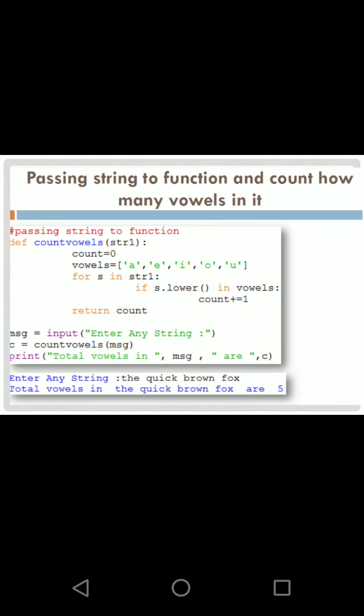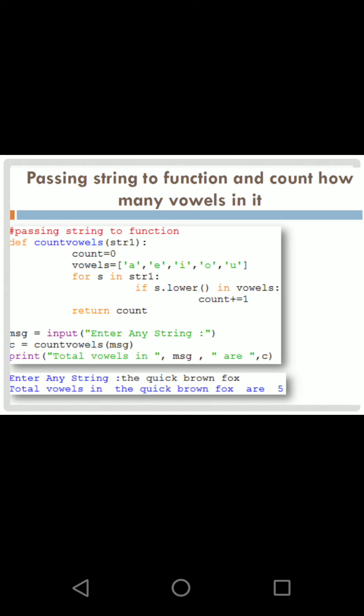it is actually counting the number of vowels. So for each value inside the string, it will check whether it is A, E, I, O or U. If it is any one of them, the count will be increased and the count will be returned. So see the output.